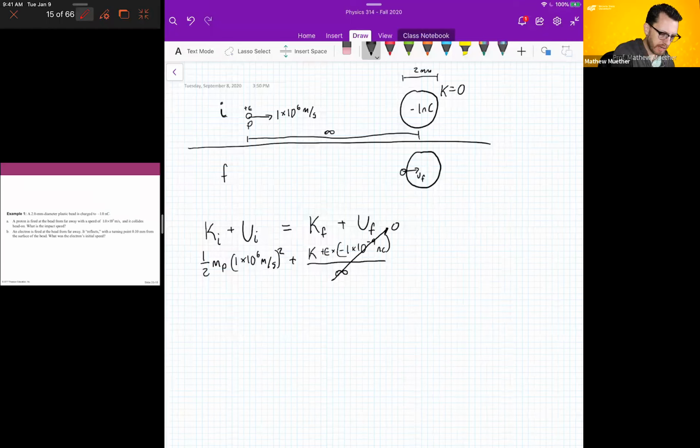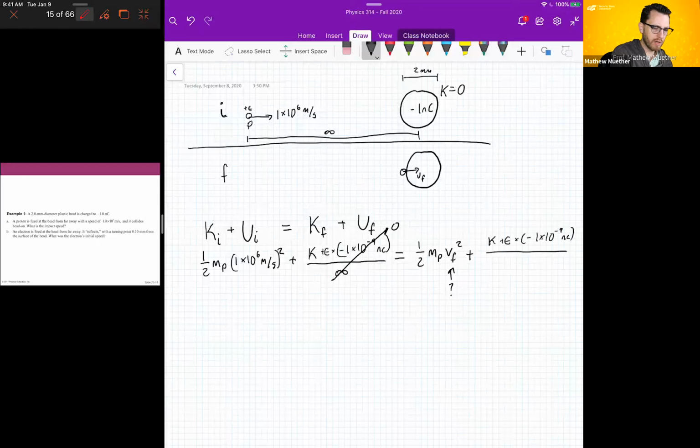Okay, great. And now what do we have to do? We have to set that equal to the final kinetic energy. That's going to be 1/2 the mass of the proton times that final velocity squared. And look, this is exactly the bit that we're looking for. What is that impact velocity? Right, that's what the problem asked for. What am I going to write down for the potential energy here? Well, it's going to be K, the fundamental charge of the proton, right, positive, times a negative 1 times 10 to the minus 9 nanocoulombs,